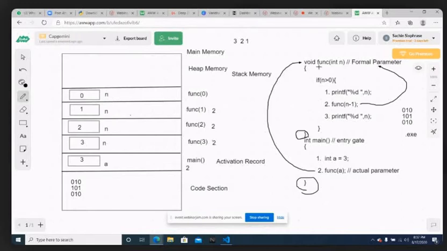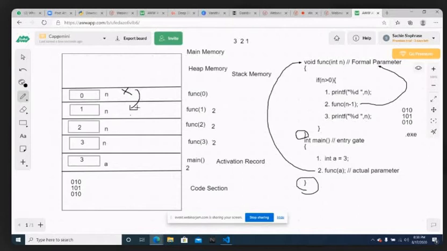So for which activation record is the close curly brace actually executed? For this topmost activation area having n value 0. So what is your job now? You have to delete this activation record and you can move to the next activation record. After deleting the topmost activation record only, you will be able to enter into the next activation record. So I delete this activation record, and I enter into the next activation record.